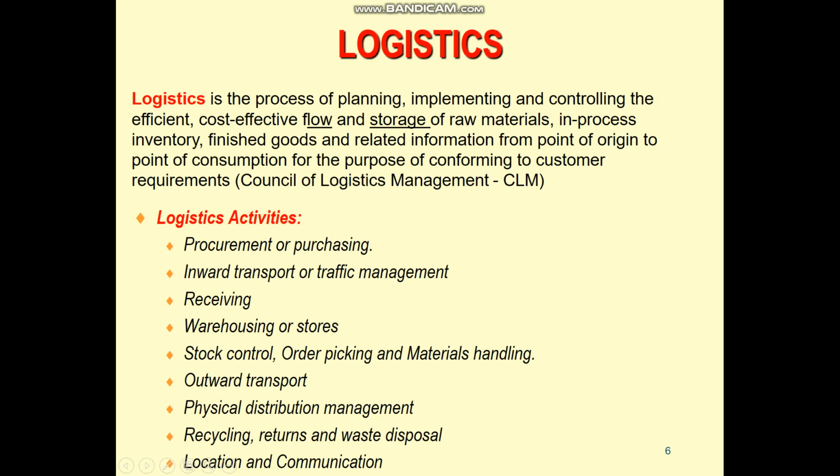So what is efficient and what is effective? Efficient is do things right, and effective is do the right thing. The main purpose of logistics is to help the flow of goods